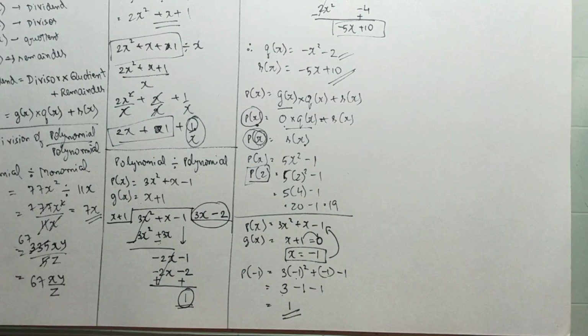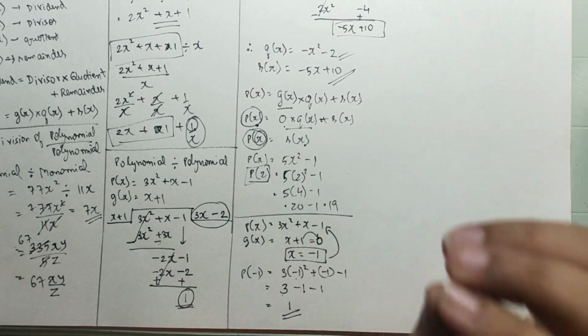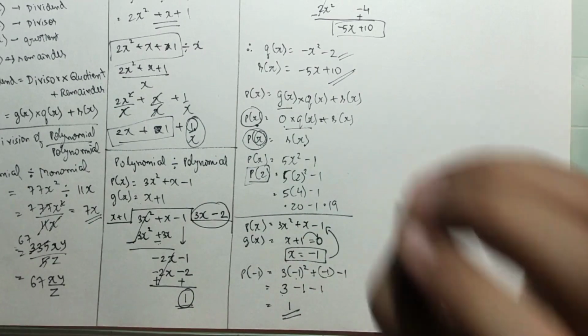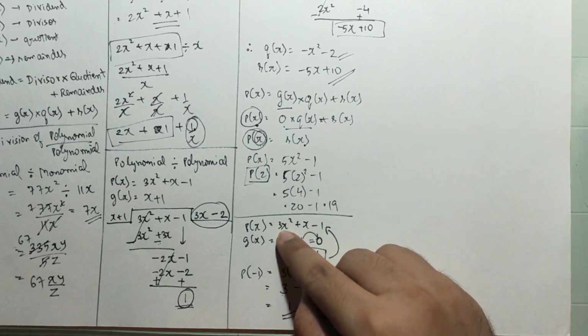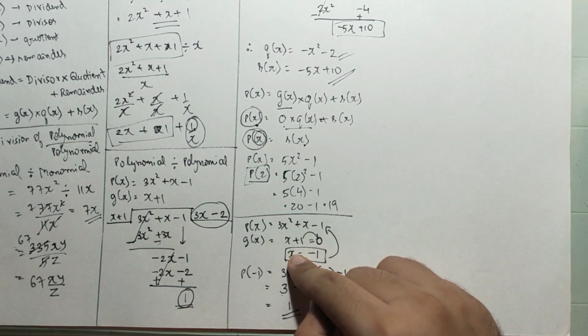If you didn't understand the remainder theorem, please go back through this small section again so that you can get a grip of what the remainder theorem is. In short, this was only the explanation. Now the application is very easy. You want to find the remainder when this polynomial is getting divided by one polynomial.